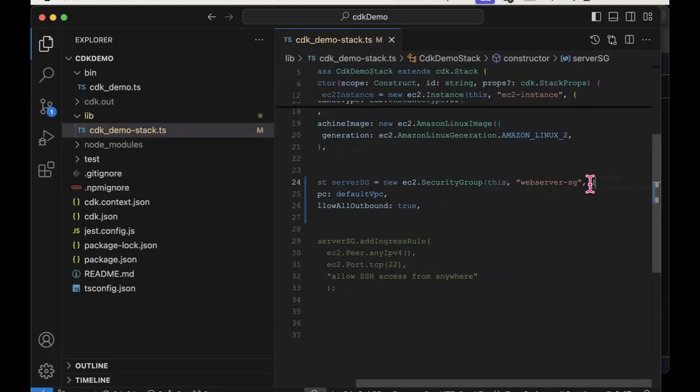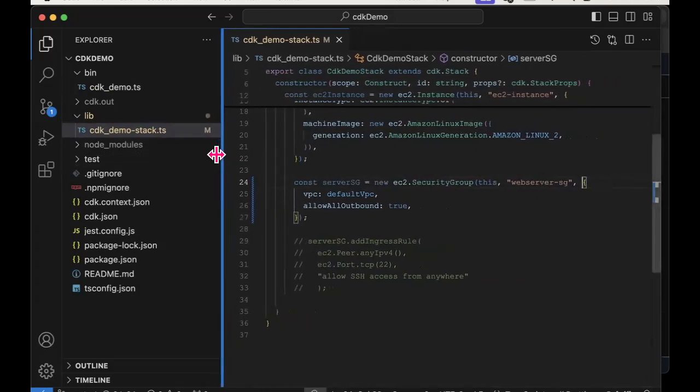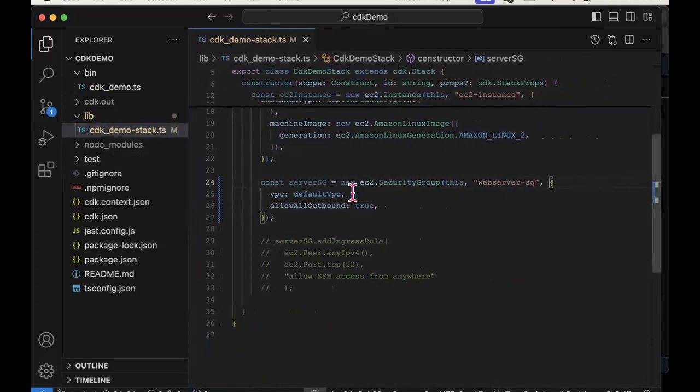Of course, the configuration differs depending on the type of construct that you are creating. And some other day, we can look at how I find out what the different configuration settings are for a particular construct. We can deal with that another day. But for this one anyway, I happen to know that there are these two properties.